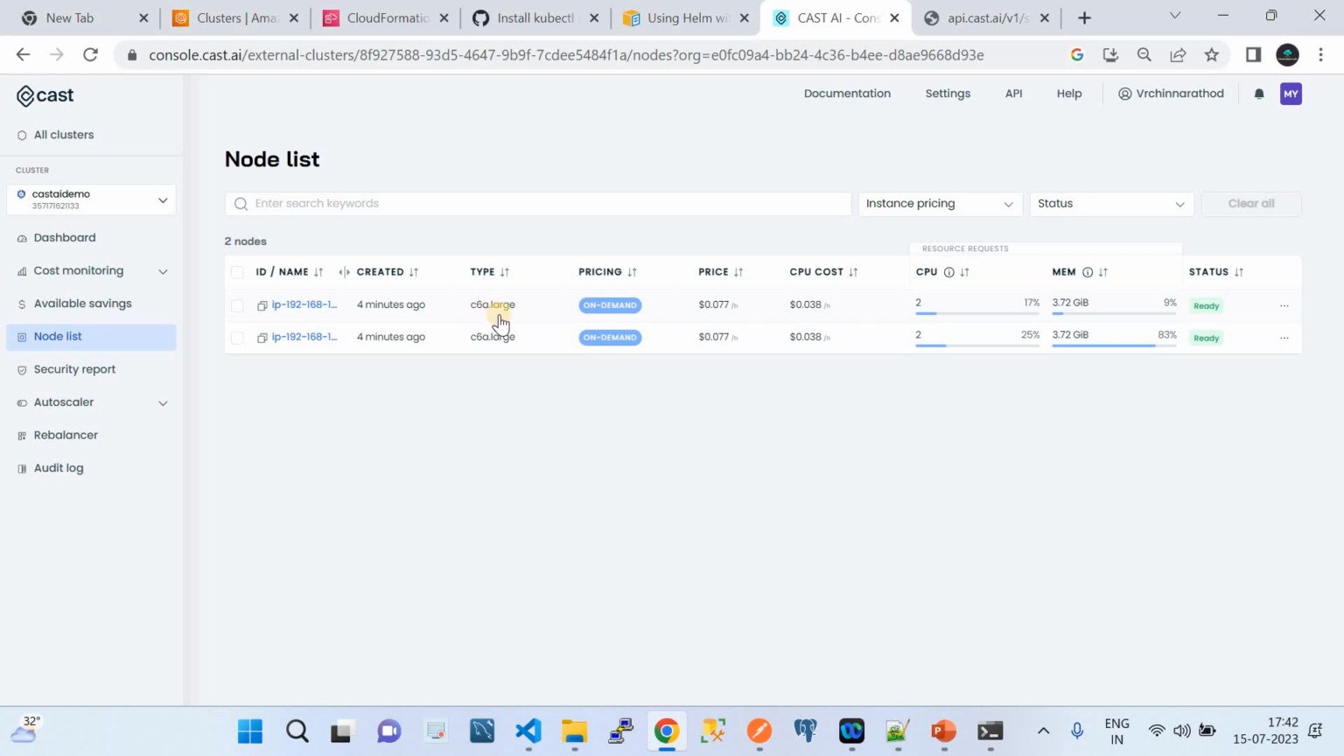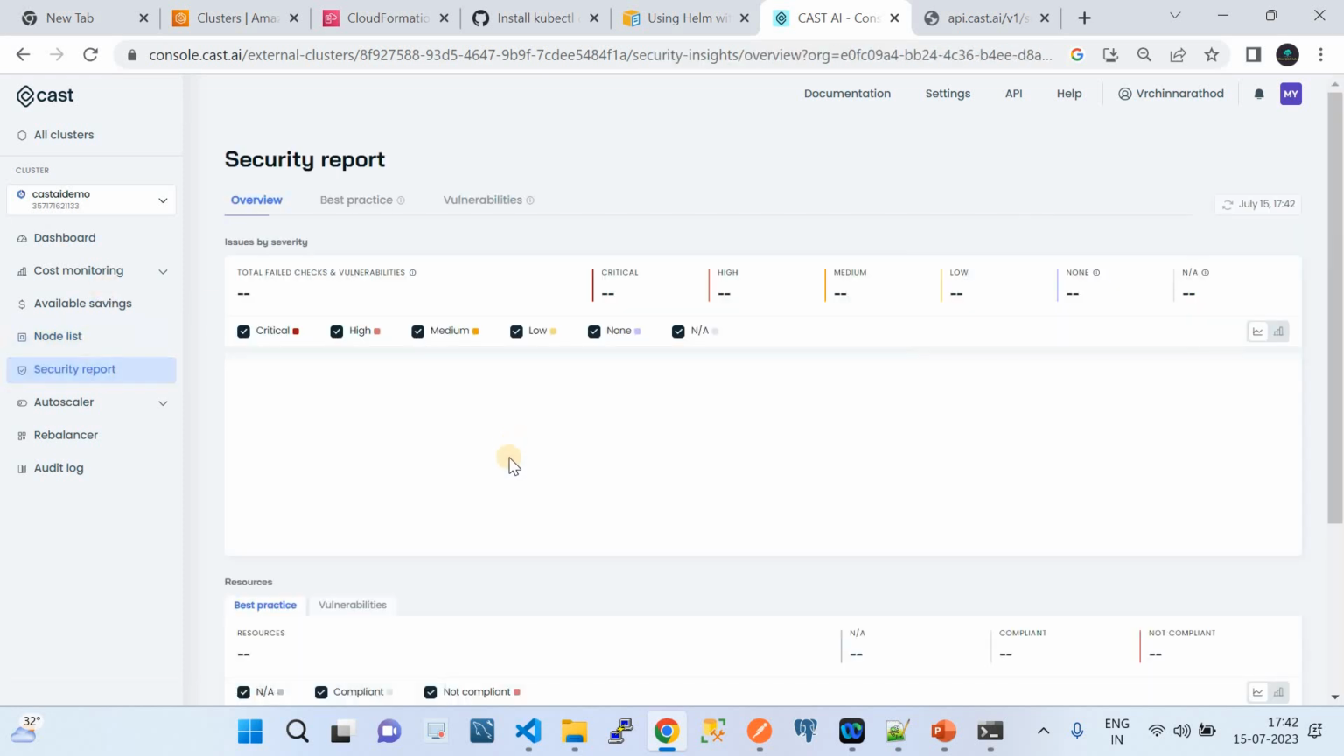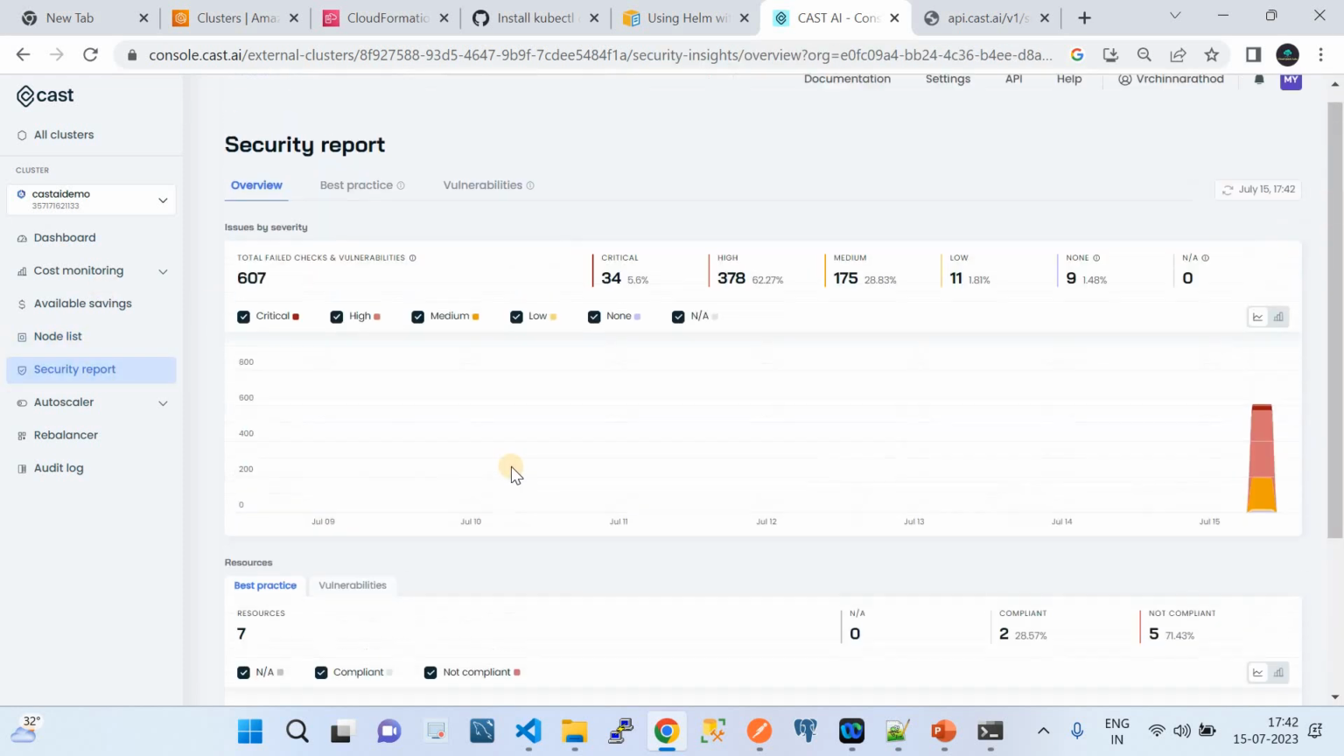The node type has changed. Earlier it was t3.large. Now it is basically c6a.large, and the price is lesser than the t3. And then if you go to the security options, there are security options possible here,